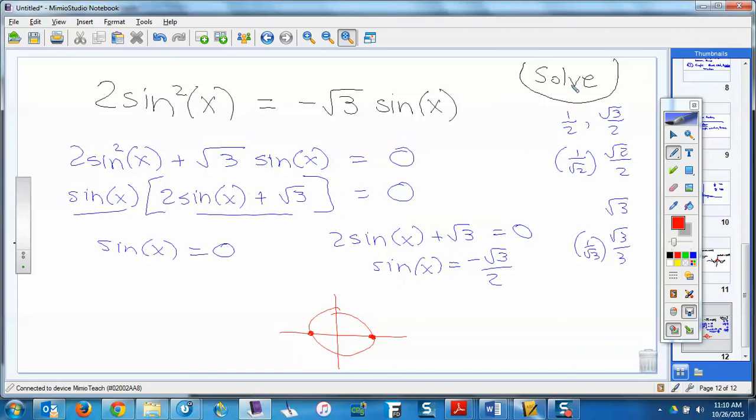Oh, wait a minute. So now the question is, am I asking you to solve from 0 to 2 pi? A lot of times they include the 0 but not the 2 pi, right? Or is it just in general? Well, let's pretend I hadn't given you this. Then it would be 0 plus pi n. So 0, pi, 2 pi, 3 pi, 4 pi, and of course you wouldn't need the 0, so you could just say pi n. If I had said 0 to 2 pi,